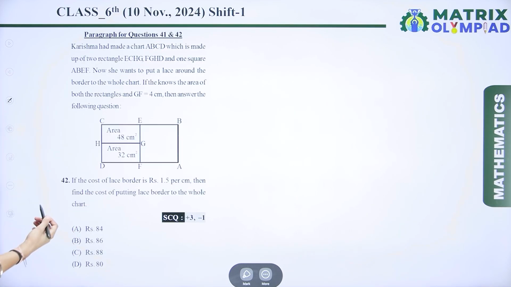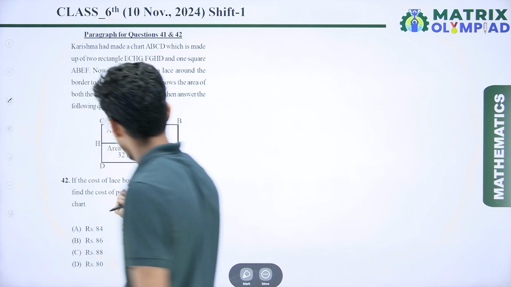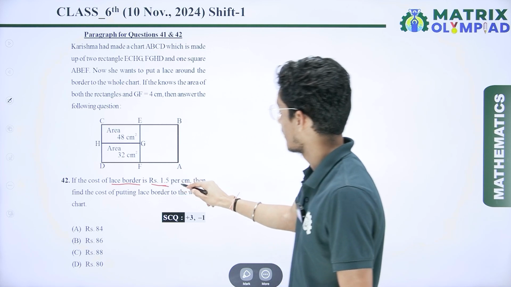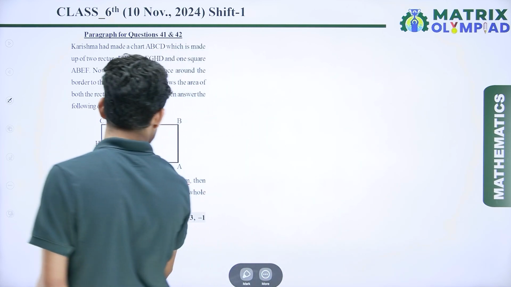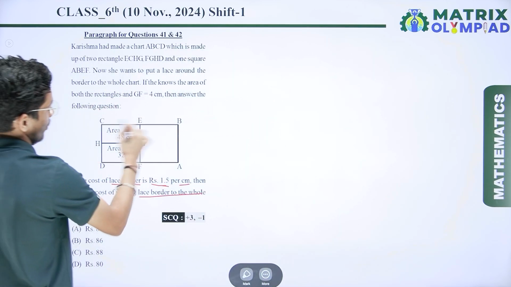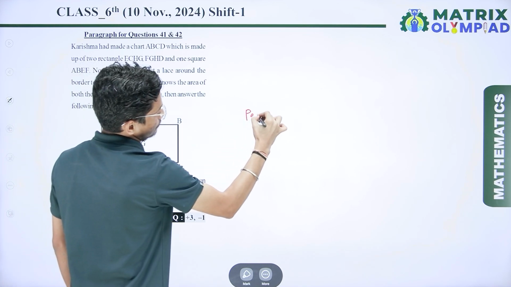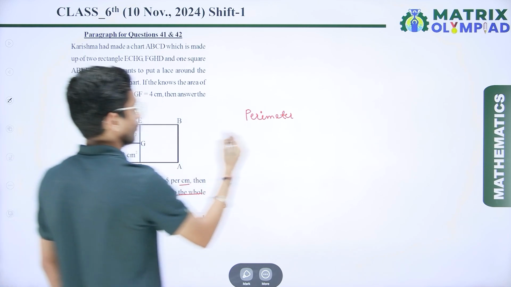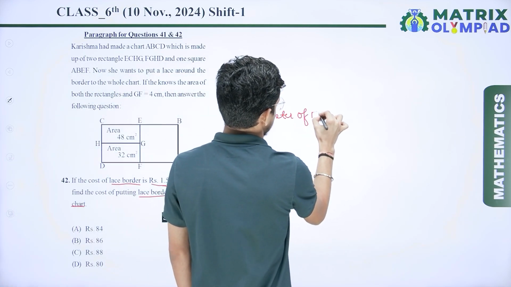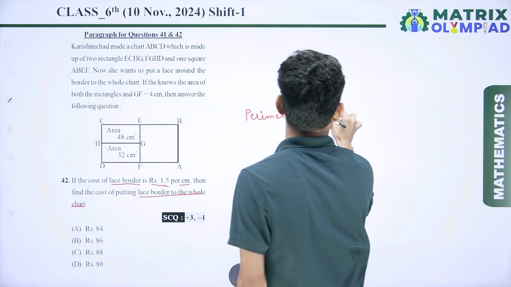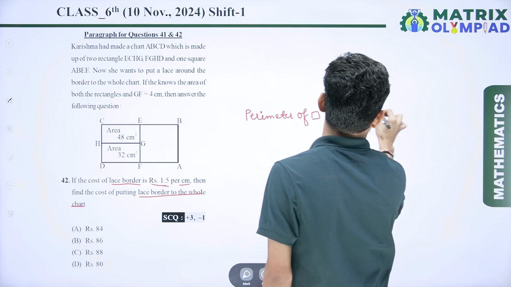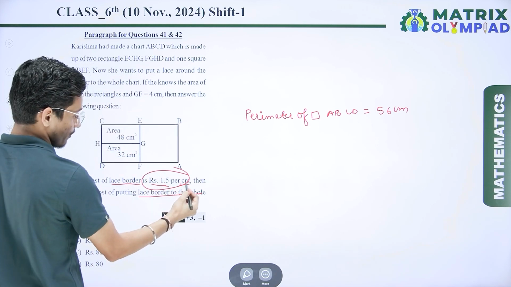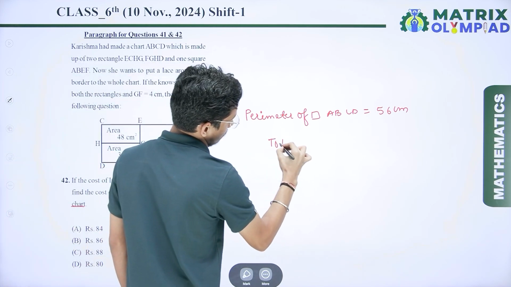So now if I talk about the next question, which is based on the same paragraph. Here we have to find the cost of the lace border, each 1.5 per centimeter, then find the cost of putting lace border on the whole chart. So we know the perimeter. In the previous question we have solved the perimeter of rectangle ABCD, that is 56 centimeter, and the cost is given as 1.5 per centimeter. So the total cost